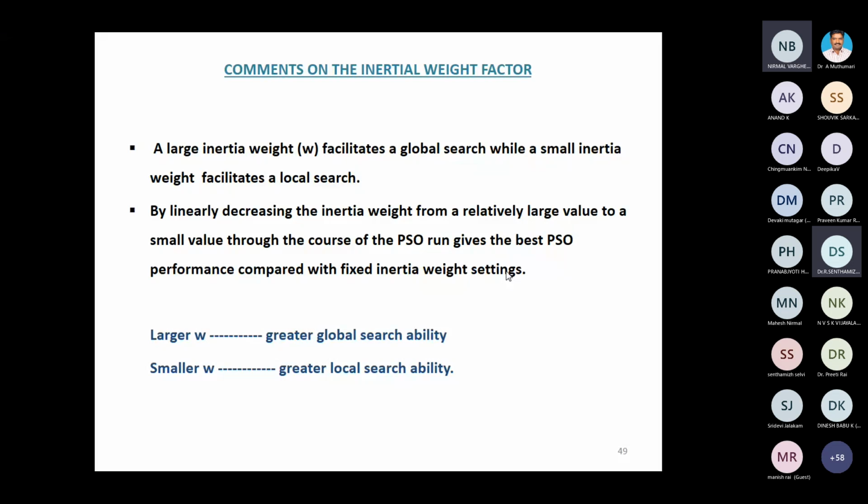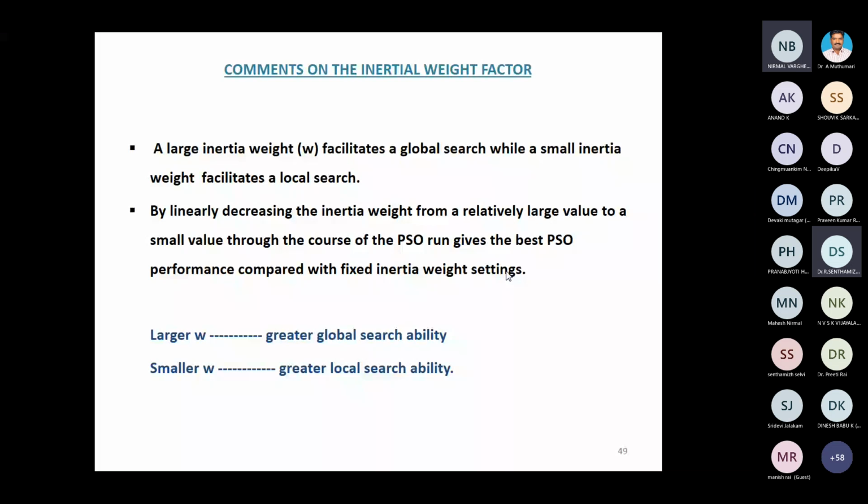அதே மாதிரி லார்ஜரா இருந்தா குளோபல் சர்ச் ஈஸியா இருக்கும், நல்லா இருக்கும் அப்படிங்கிறான். That is a very important thing. Okay, so you must trade off that. ரொம்ப லோக்கல் சர்ச்லயே பெஸ்டா இருந்துட்டுனா அப்புறம் குளோபல் சர்ச் எப்ப போடுறது? குளோபல் பெஸ்ட் சூப்பரா இருக்கணும்னா லோக்கல் பெஸ்ட் சூப்பரா இருக்கணும். ஆக நீங்க குளோபல் பெஸ்ட் மட்டும் வந்தா பண்ணணும்னு நினைக்க முடியாது. So you should trade off that. Instead of 0 to 1, you take either 0.4 or 0.5. You may not go high value, you may not go low value. Please stick on to the medium value.